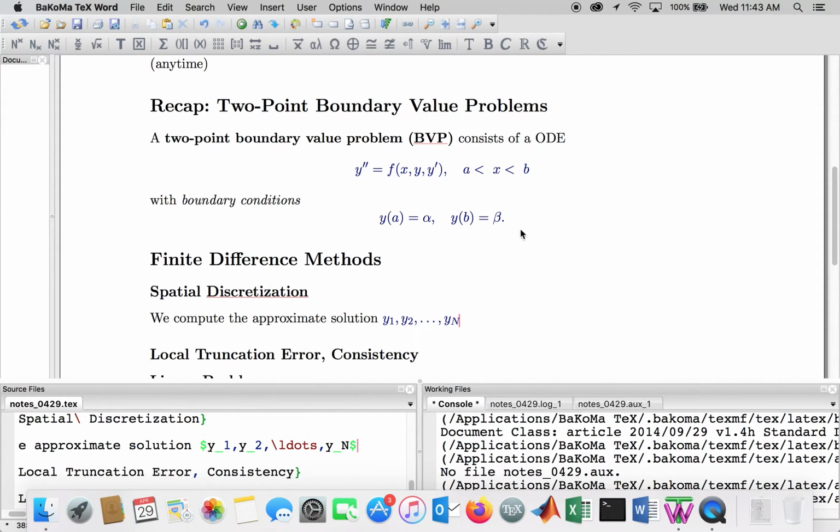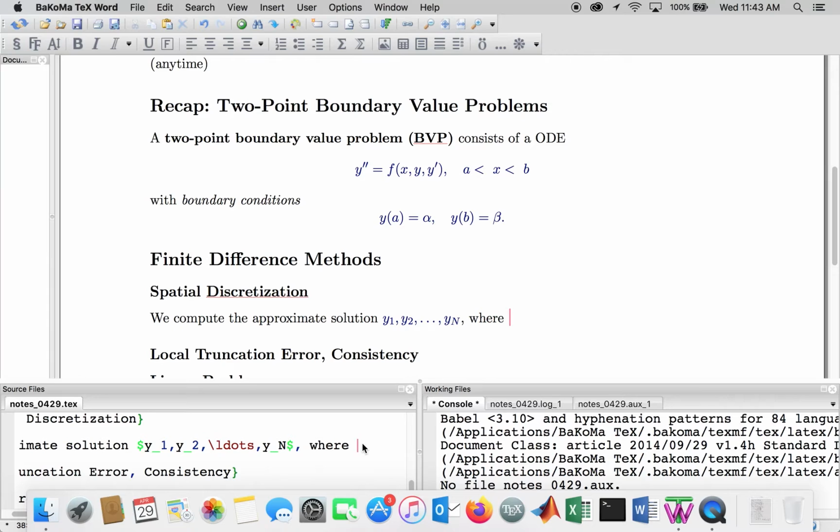Whereas the exact solution is a function y of x, our approximate solution, the computed solution, will be a vector of capital N values,